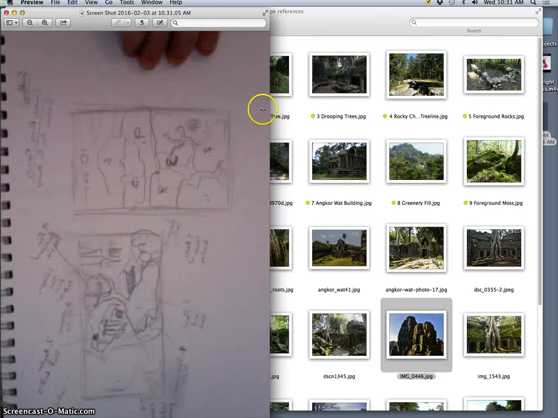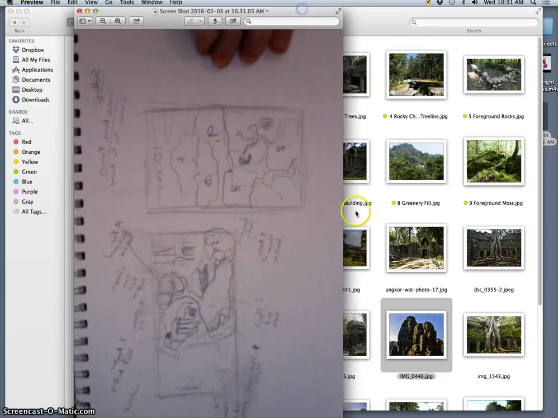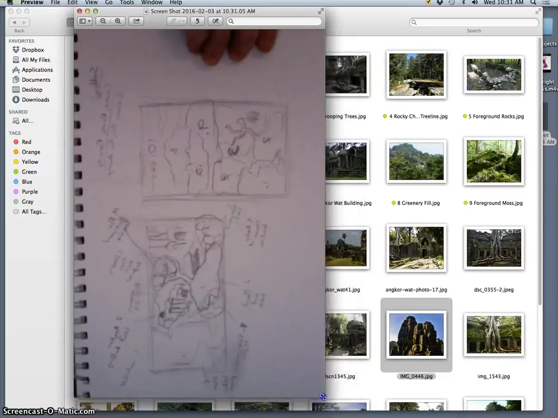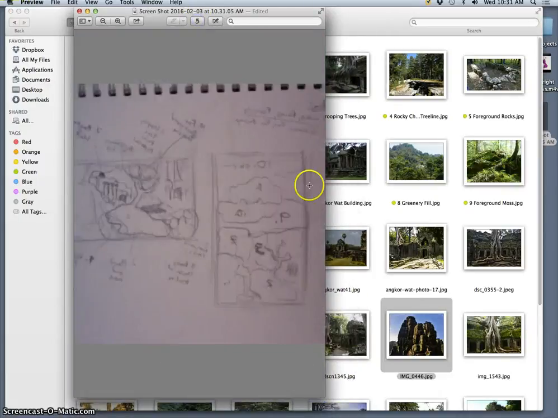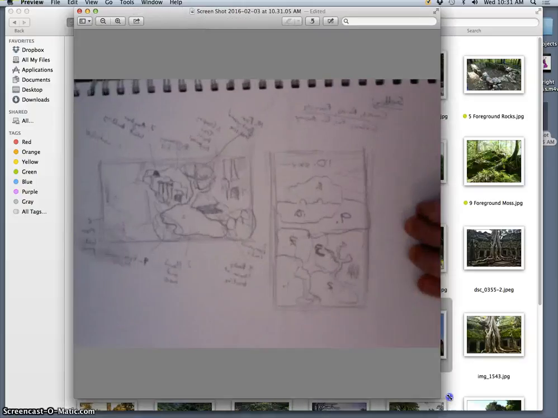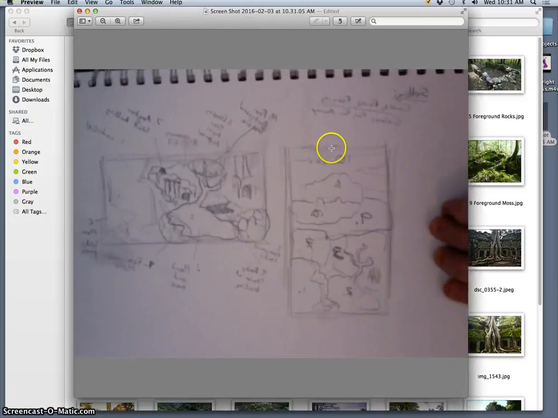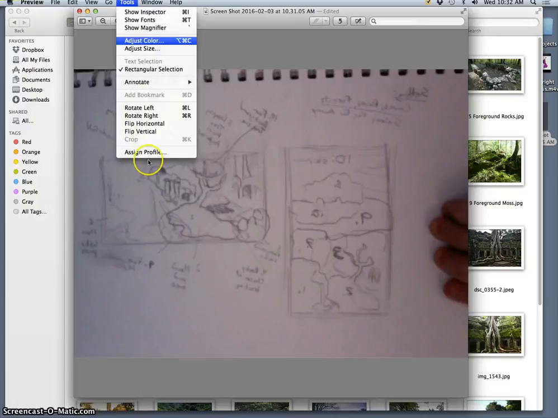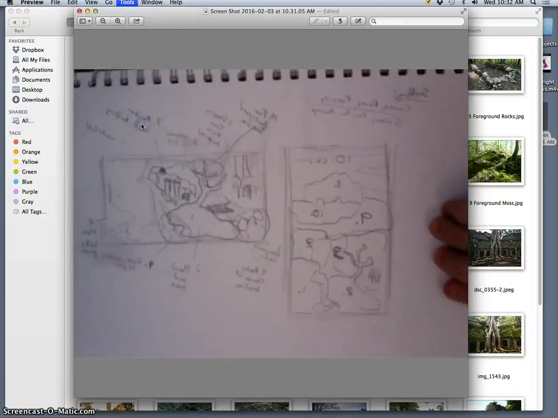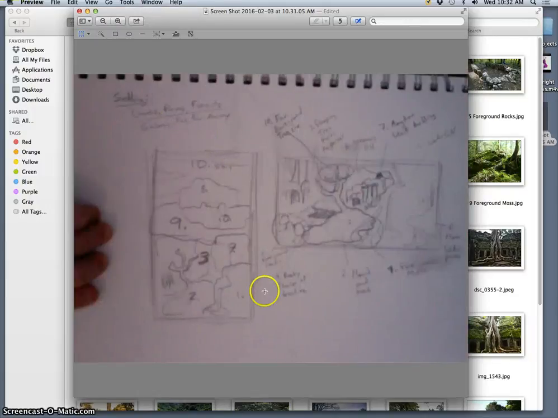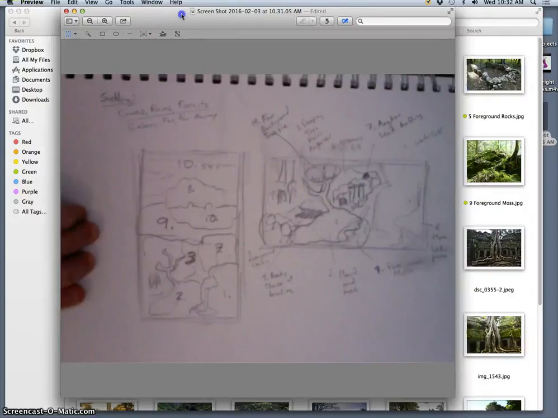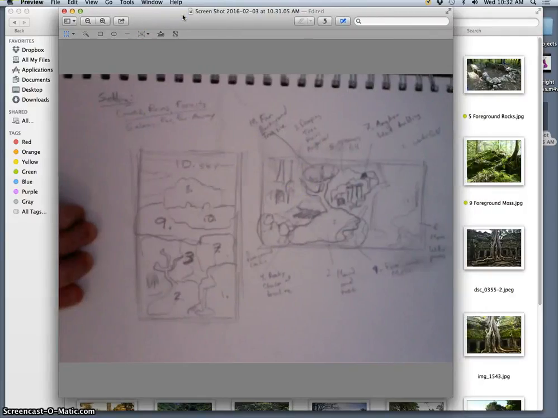Double-click it, it will open up in Preview. And this is much simpler than Photoshop. We're just going to rotate it. But you'll notice because it's FaceTime, it's reversed. It's a mirror image. So then we go to Tools, and we're going to flip horizontal so that my writing makes sense. Okay? Now, this is just an introduction, and I want you all to do this with your sketch